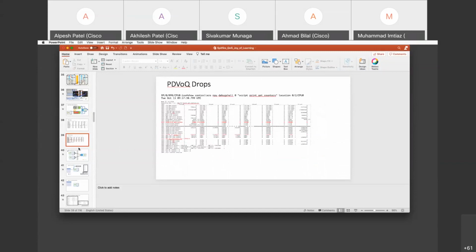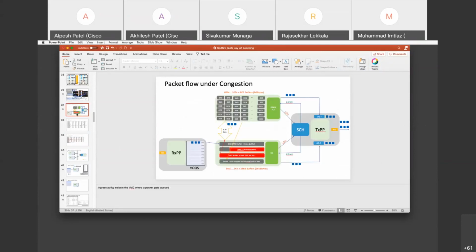If you can stop the recording, there are a couple of things I can quickly address if you have to. Mohammed, I have one question from the congestion point of view. Can you go to slide 37? 37, so here,